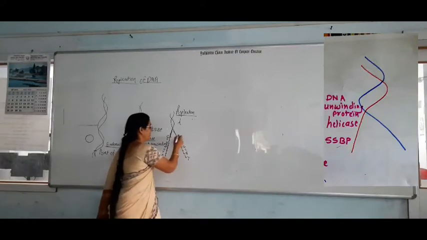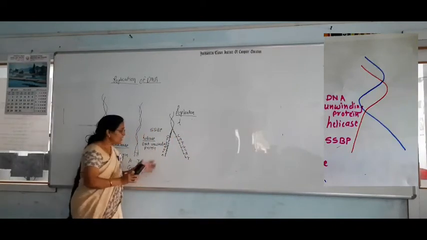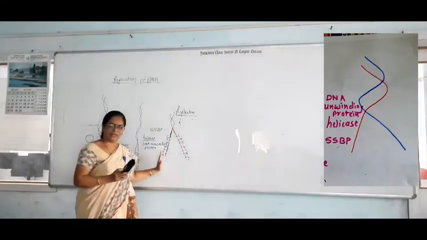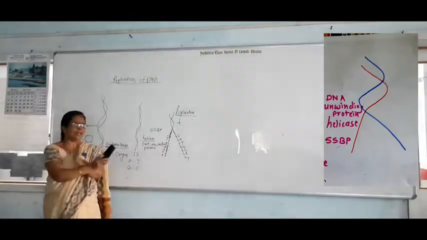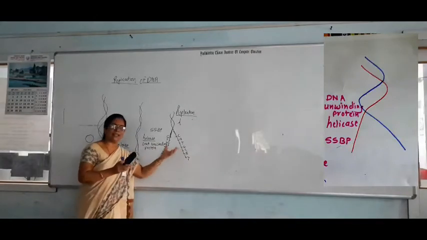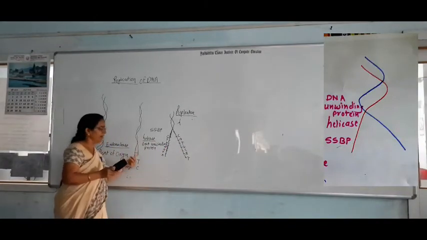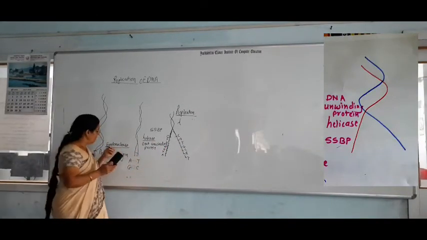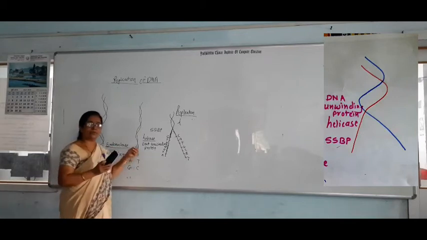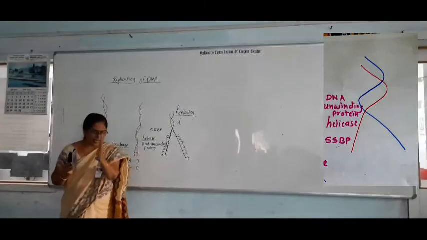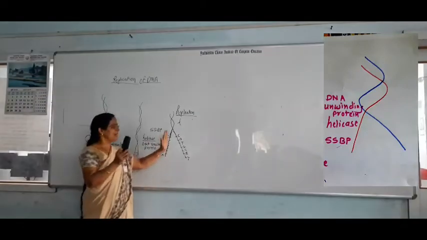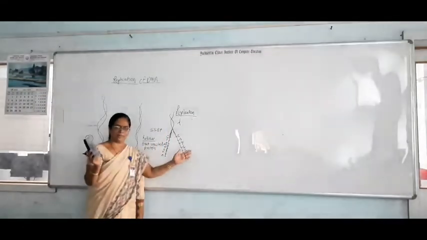C. Correct. G pairs with C. So this is called the complementary nucleotide. These complementary nucleotides are present on these two DNA strands, and the two strands bind together with the help of weak hydrogen bonds. But with the help of the endonuclease enzyme, the weak hydrogen bonds break, and the two strands remain separate.